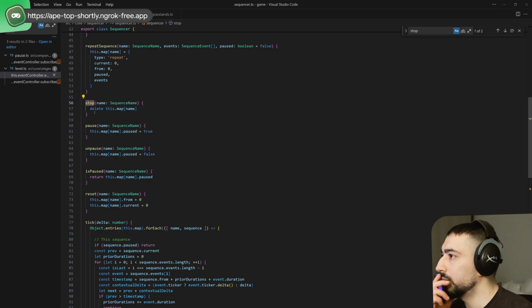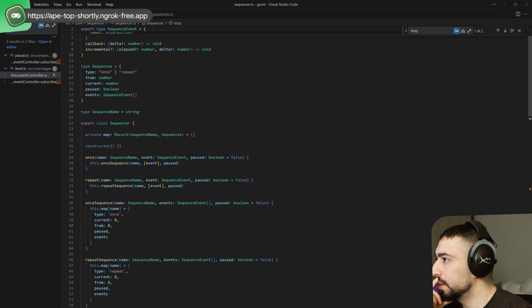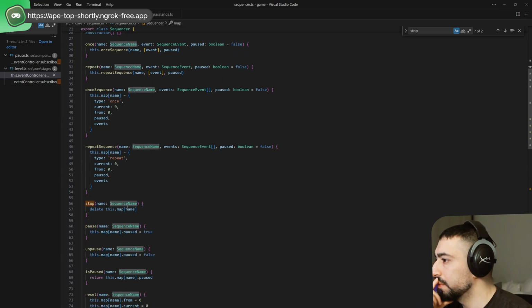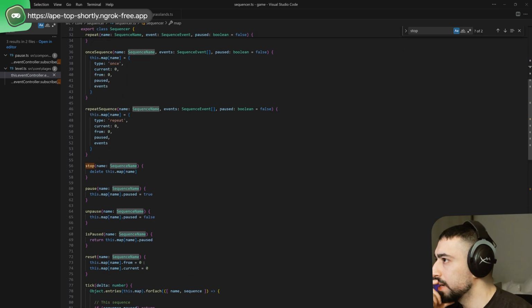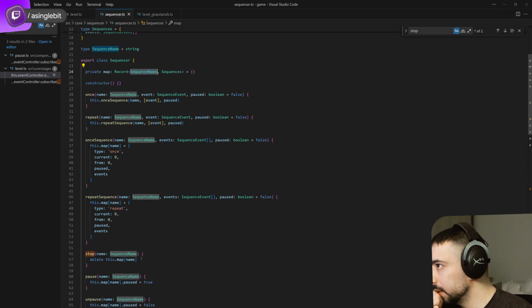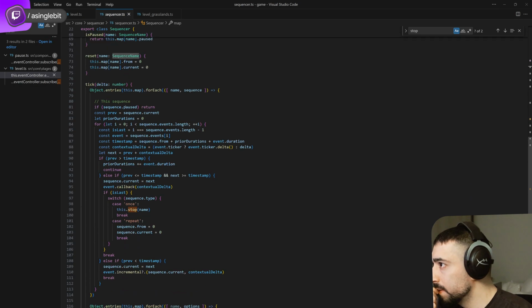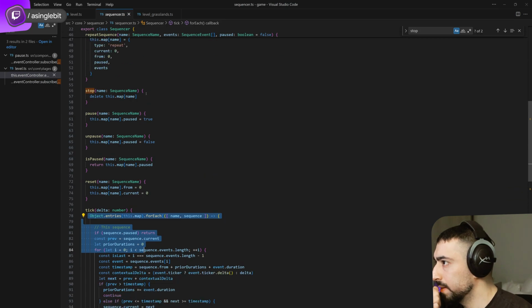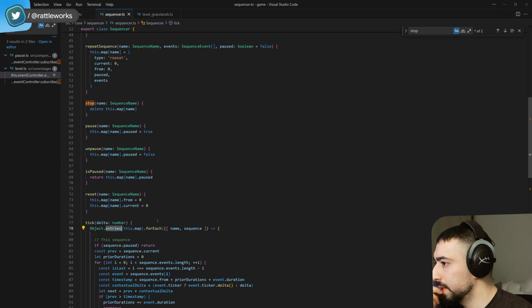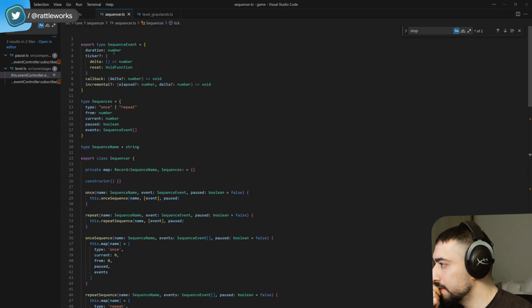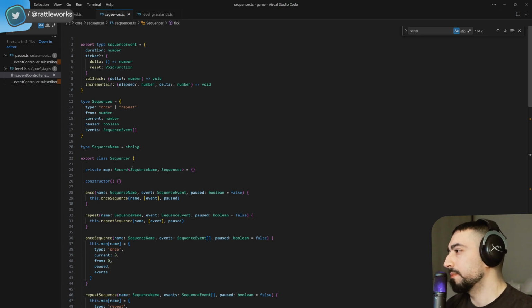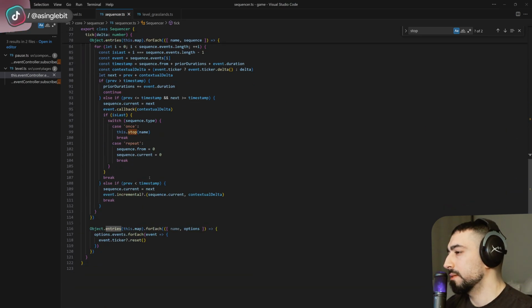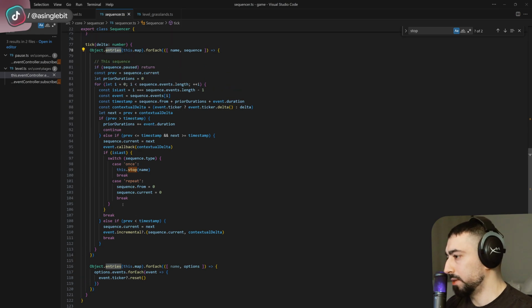So sequencer deletes the sequence name. Does it mean that everything actually stops? Okay. So we delete, but then the tick happens, and for each of the map entries,